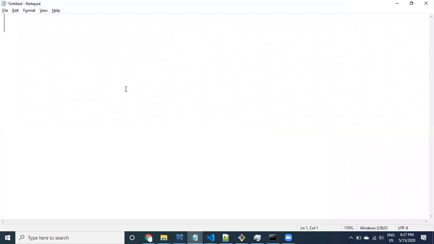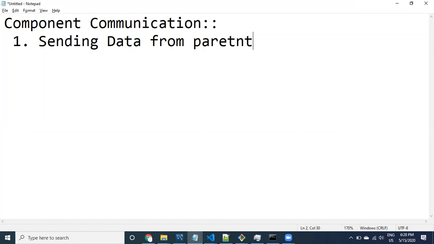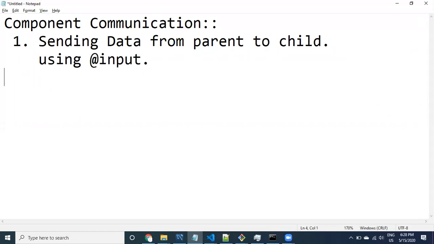Let's do one thing. Component communication. The first thing is sending data from parent to child using @Input. If you use @Input, data can be forwarded.